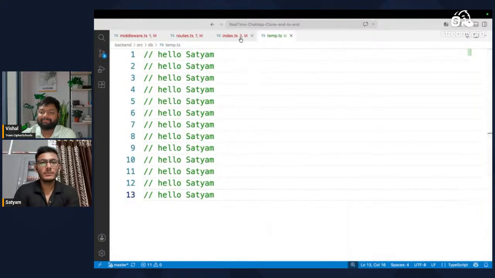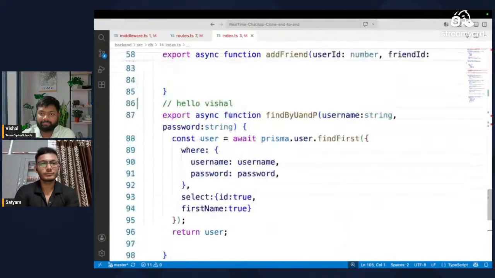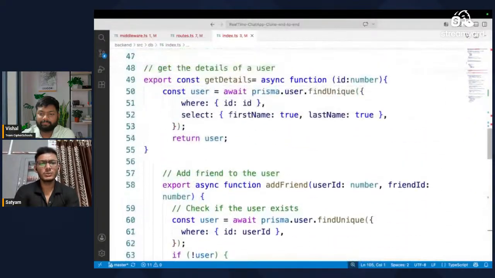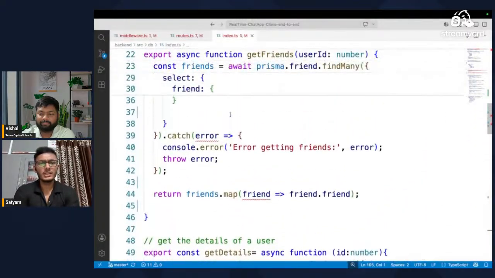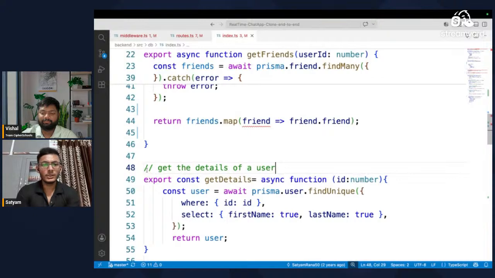So now we can jump to the next shortcut. I think you all must be aware of it. It is known as toggling the comment. So for example, I want to toggle this comment. I want to uncomment this line. Instead of removing this forward slash,